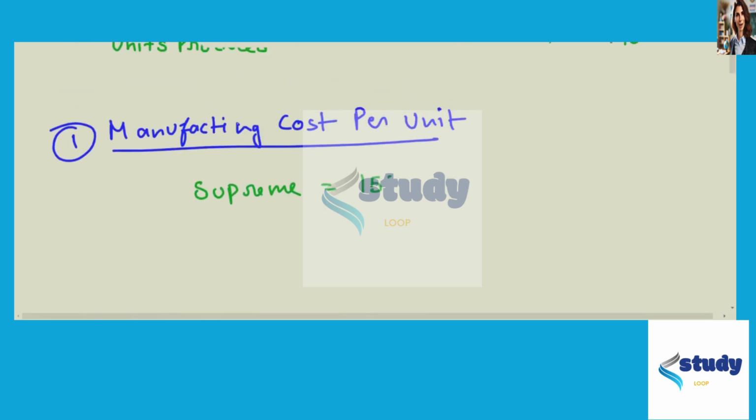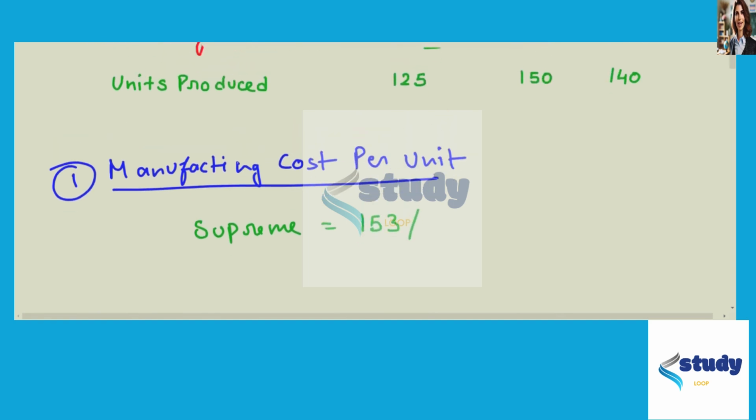So we'll take $153 divided by units produced, that is $125, which on solving gives